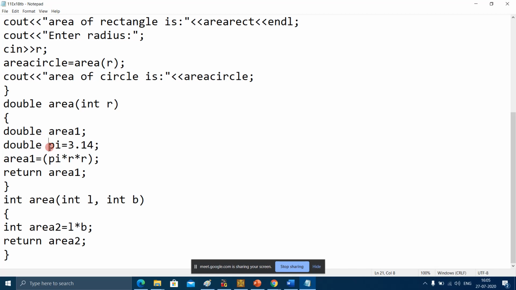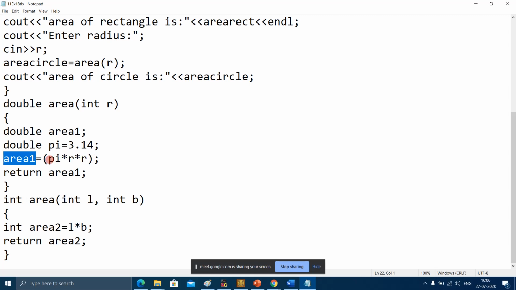Then there is another variable, pi, again of data type double, because it is a decimal value, and we have given it the value 3.14. We had declared this variable area here, so area is equal to pi into r into r, which is pi r square.